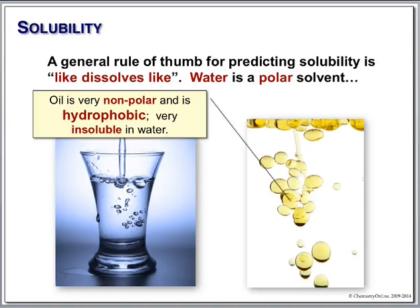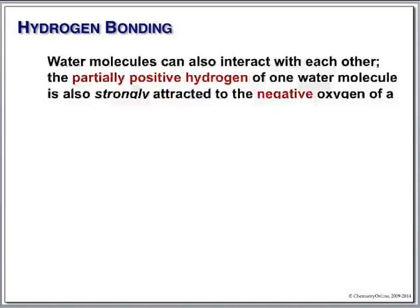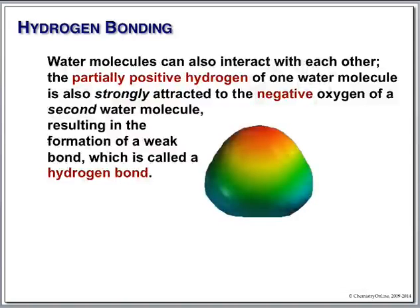Another feature about water. We said that water has this magnificent dipole. If you think about it, there's a hydrogen here and a hydrogen here, isn't it? And a nice big oxygen there. If water is capable of interacting with polar things, it only makes sense that it can interact with itself as well. That means if I took another water